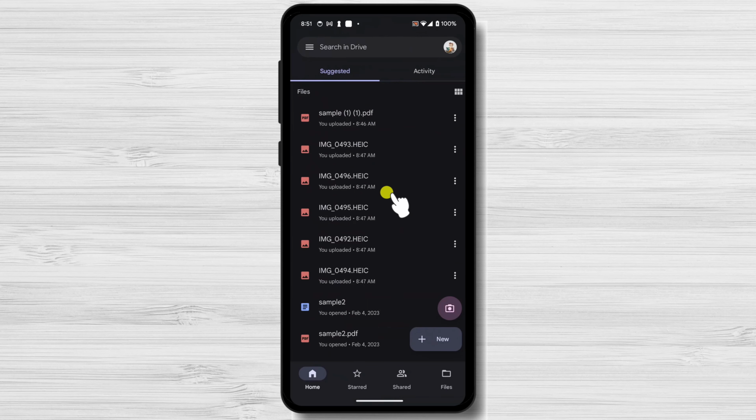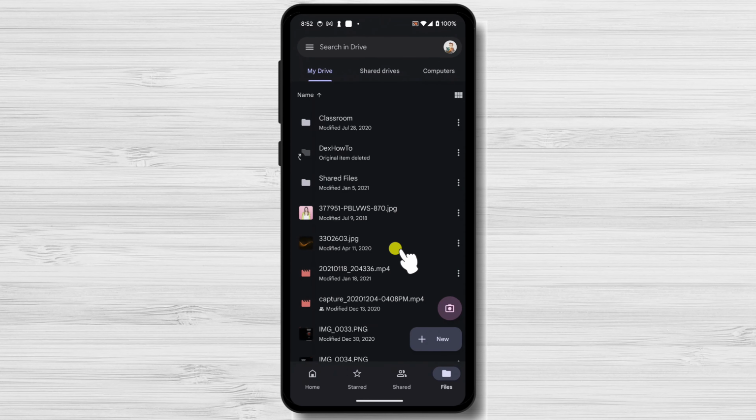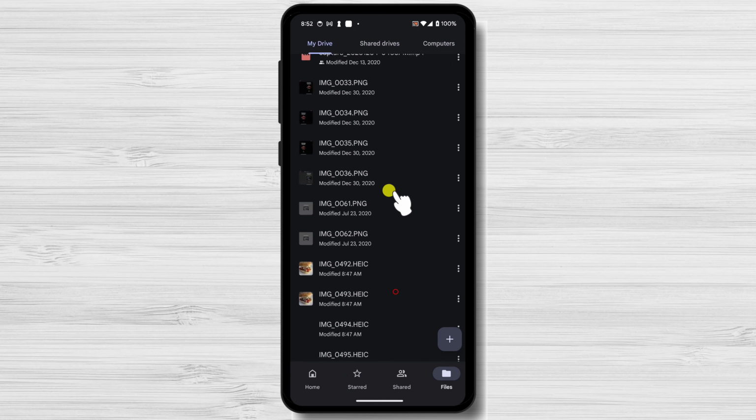On Google Drive, we already see the files in the Recent zone because they are the files we recently uploaded. We can download directly from here. We can also tap on the Files tab. This will allow us to see the full directory and files from Google Drive.